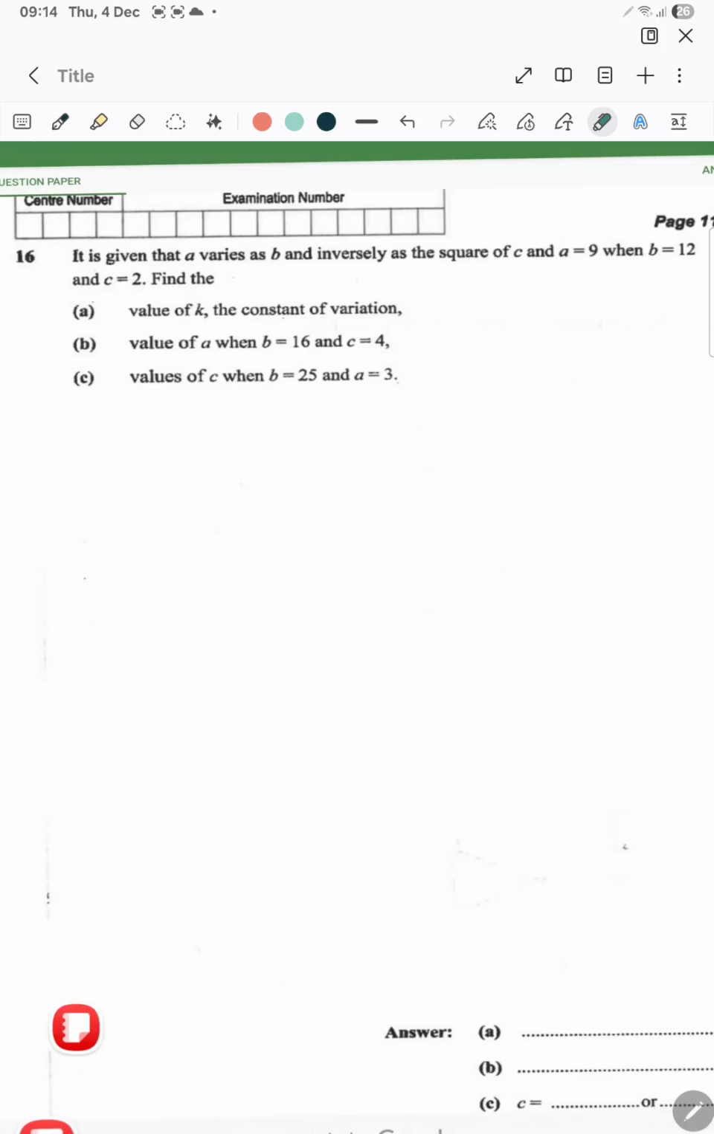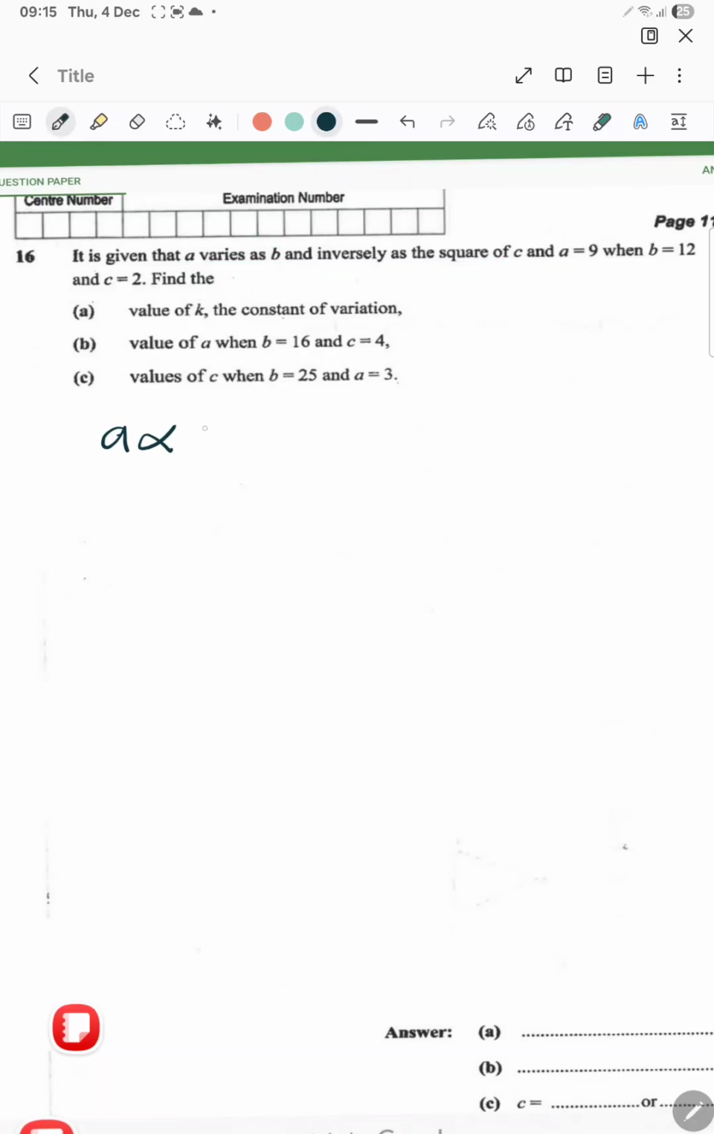It must interest you to note that whenever you are getting the value of K, the constant of variation, or whenever you are solving a question under variation, please always make sure that you create the formula from the statement given in the question. So which statement are we given in the question? We are told that A varies as B and inversely as the square of C. So what we are going to do there is we'll say